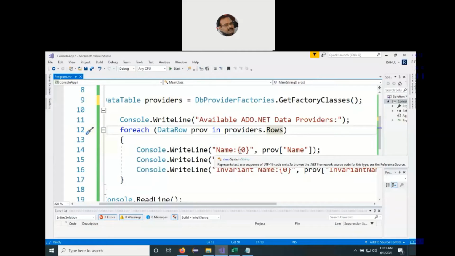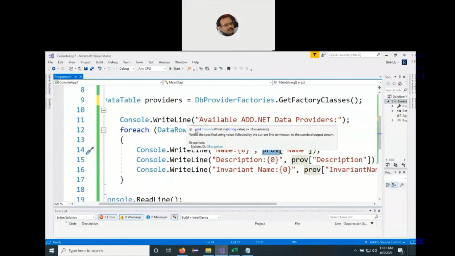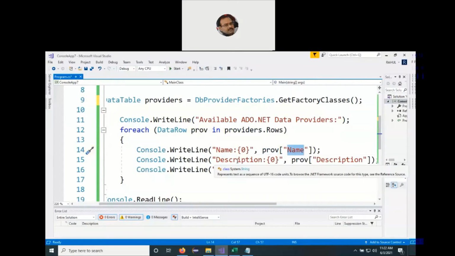So we say Console.WriteLine, Name, then the placeholder, that is the index position 0, then prof. What is prof here? The reference variable of the DataRow. So DataRow prof in providers.Rows, and we fetch the value of the name. Then we would like to obtain the description.